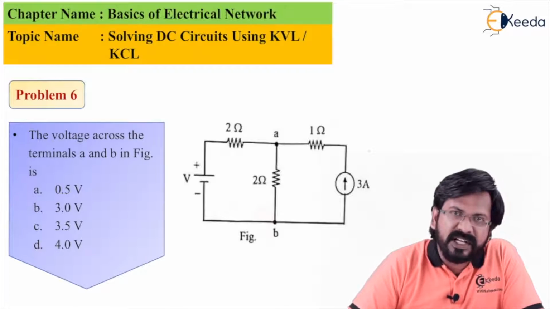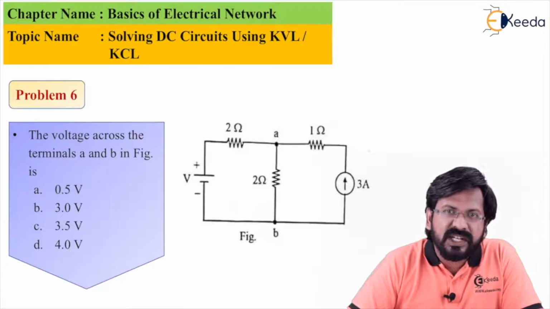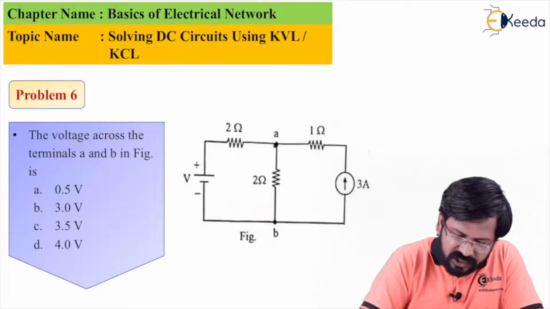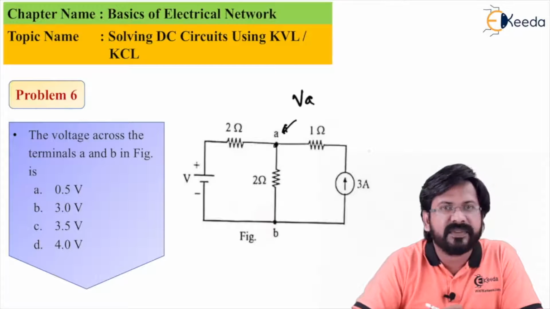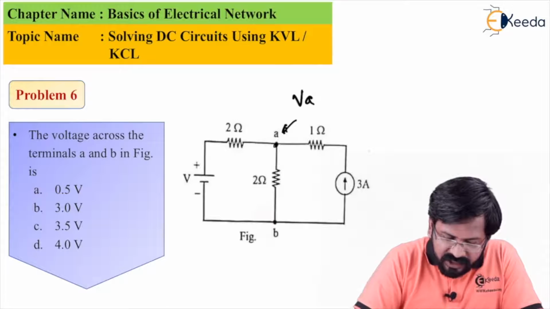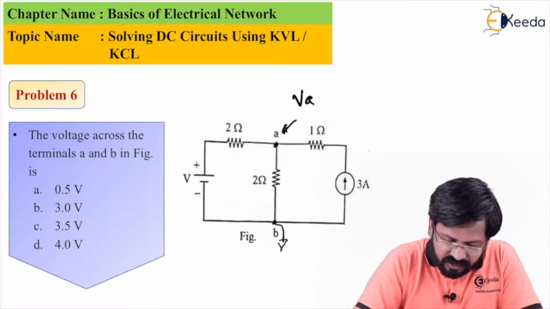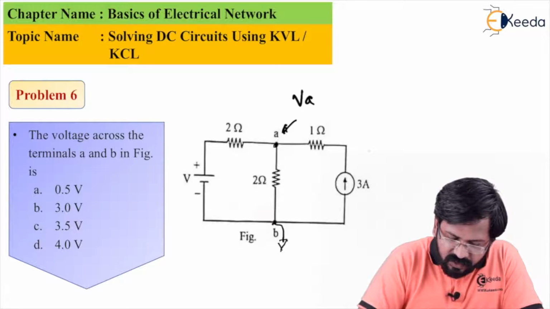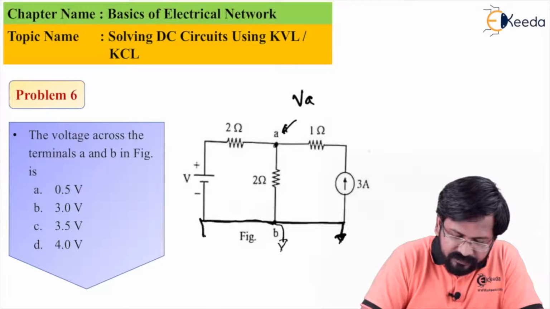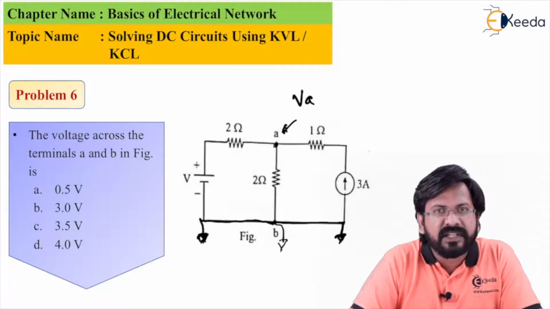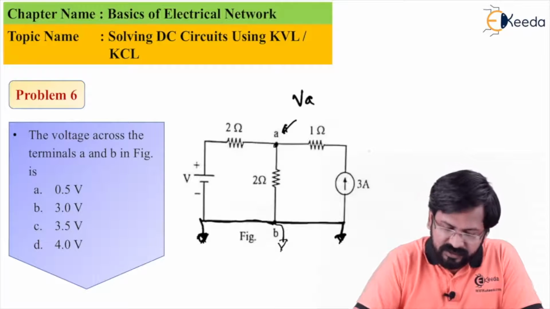If you observe the circuit, can I say the voltage across A and B terminal can be considered as node voltage VA. So let us consider this voltage itself as VA. I can consider this node as a reference node. If this is considered as ground, then this whole line is considered as a ground line. We can have a KCL approach to solve this.